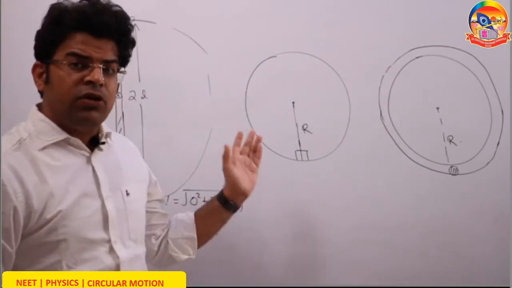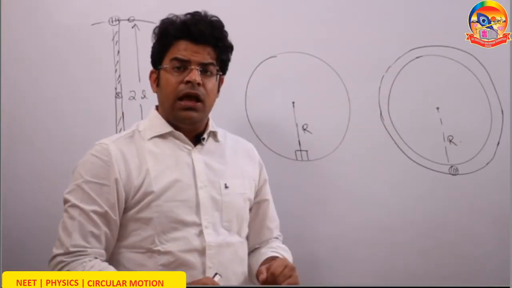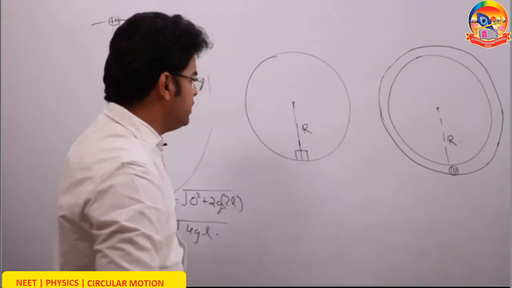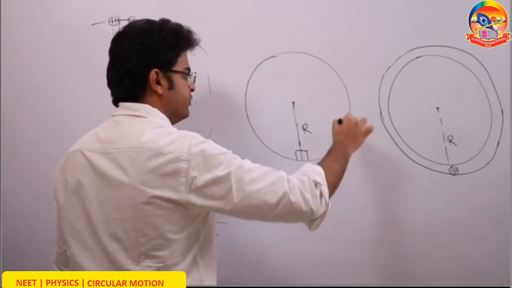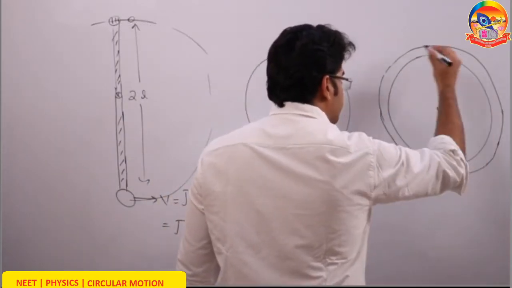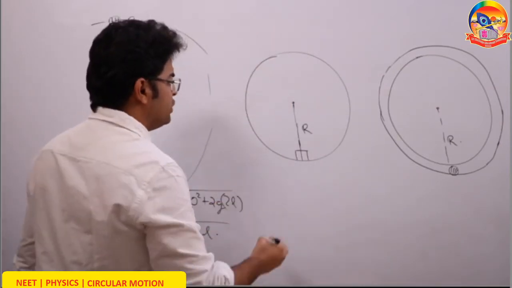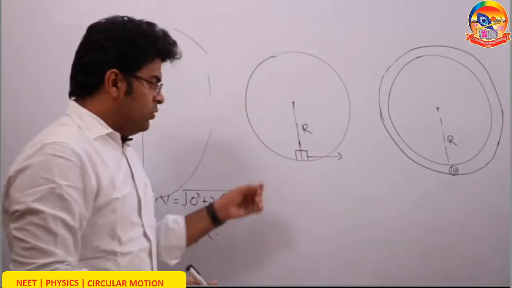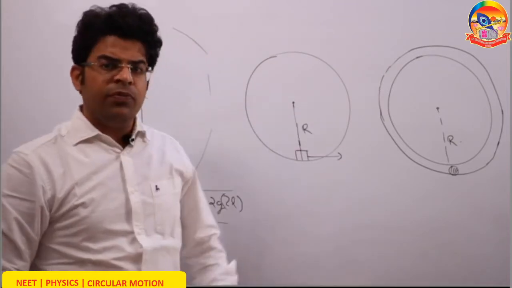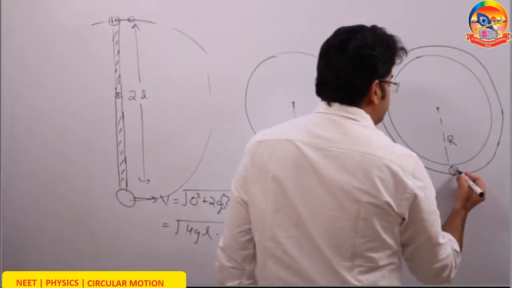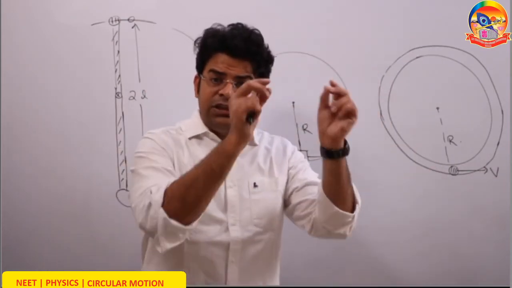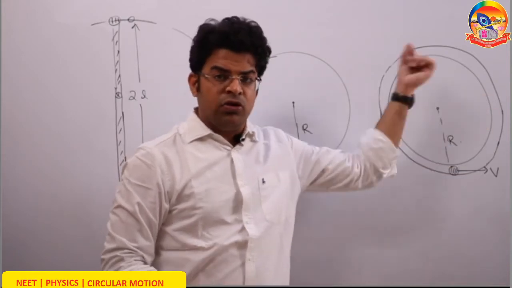Now, two similar questions that get asked. Let's say there is a vertical ring in which a biker moves the bike, and second, there is a vertical tube in which a marble moves. What is the minimum speed that has to be given to this block in a vertical ring so that it completes the circle, and what has to be the minimum speed that has to be given at the lowest point to the marble placed inside this tube so that the marble completes the circular motion?